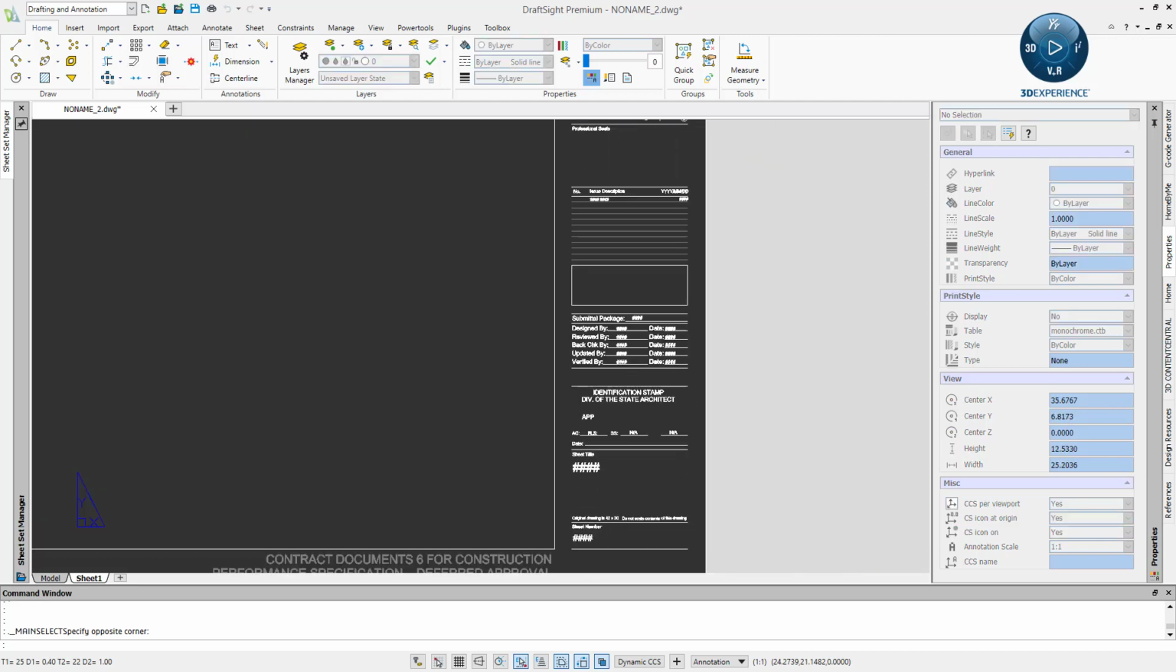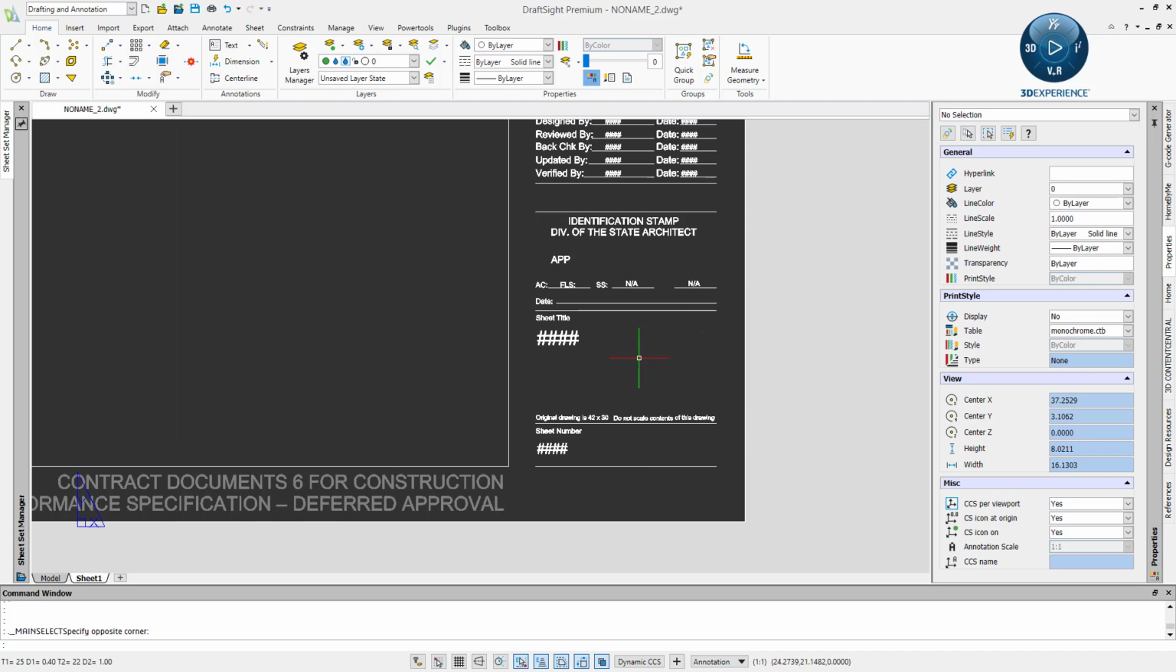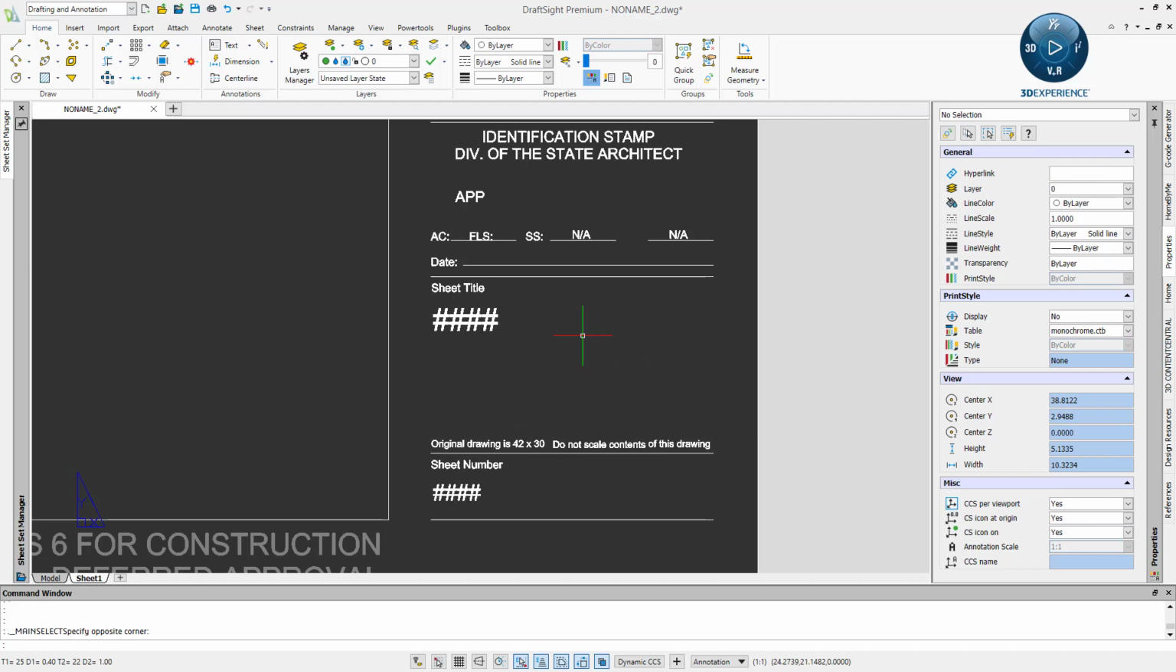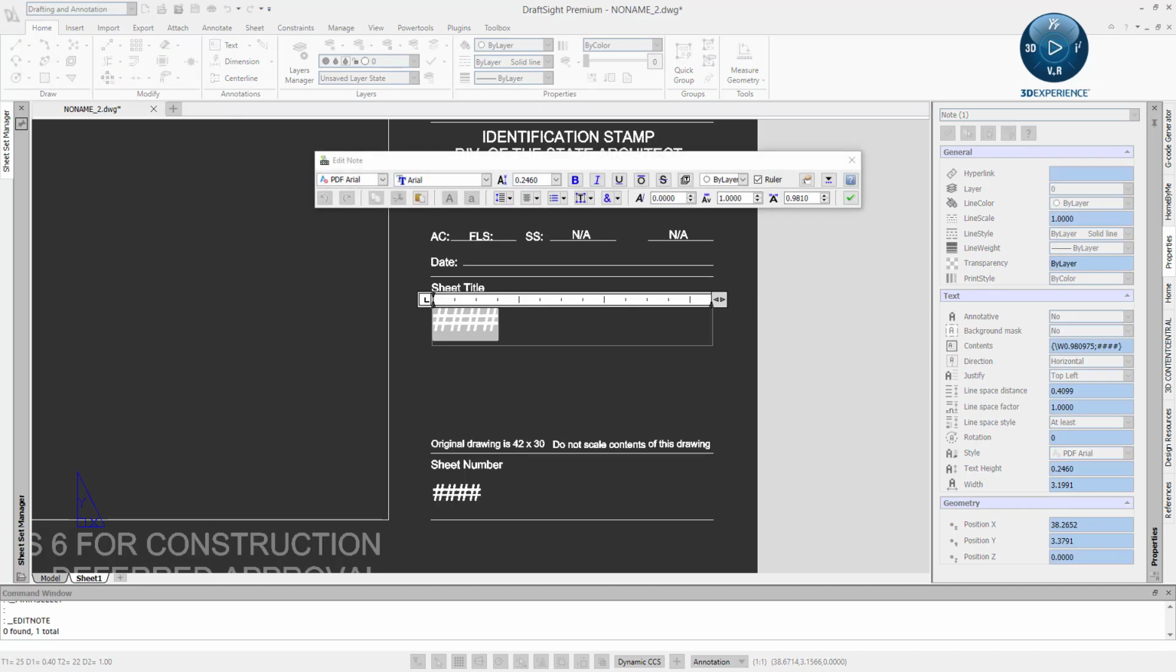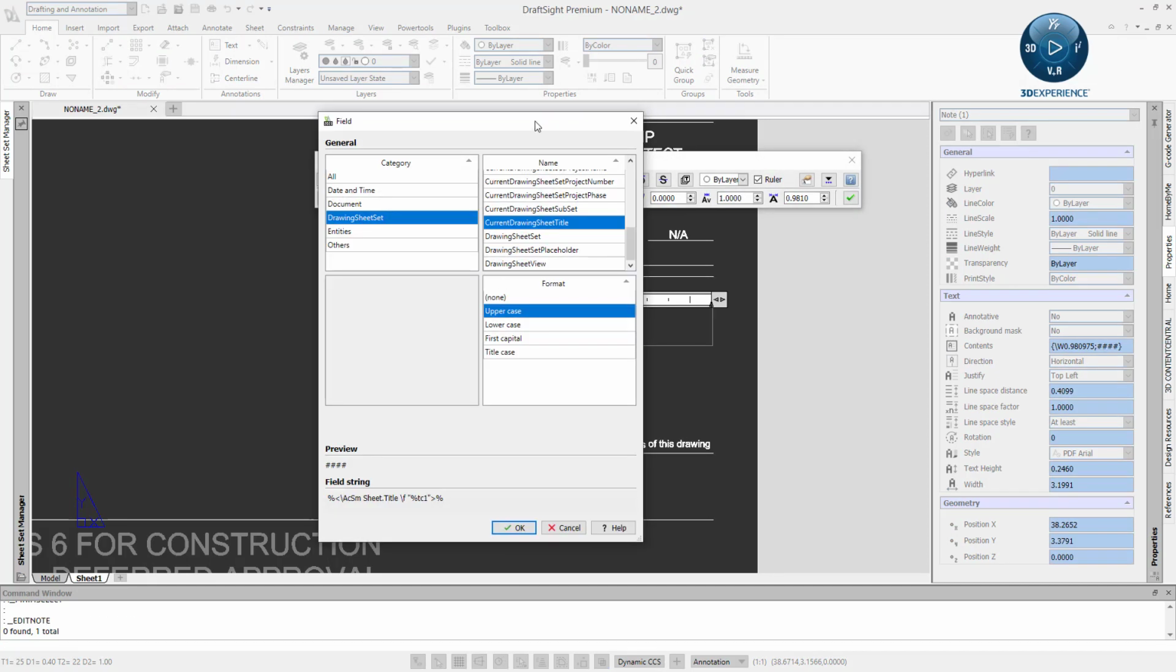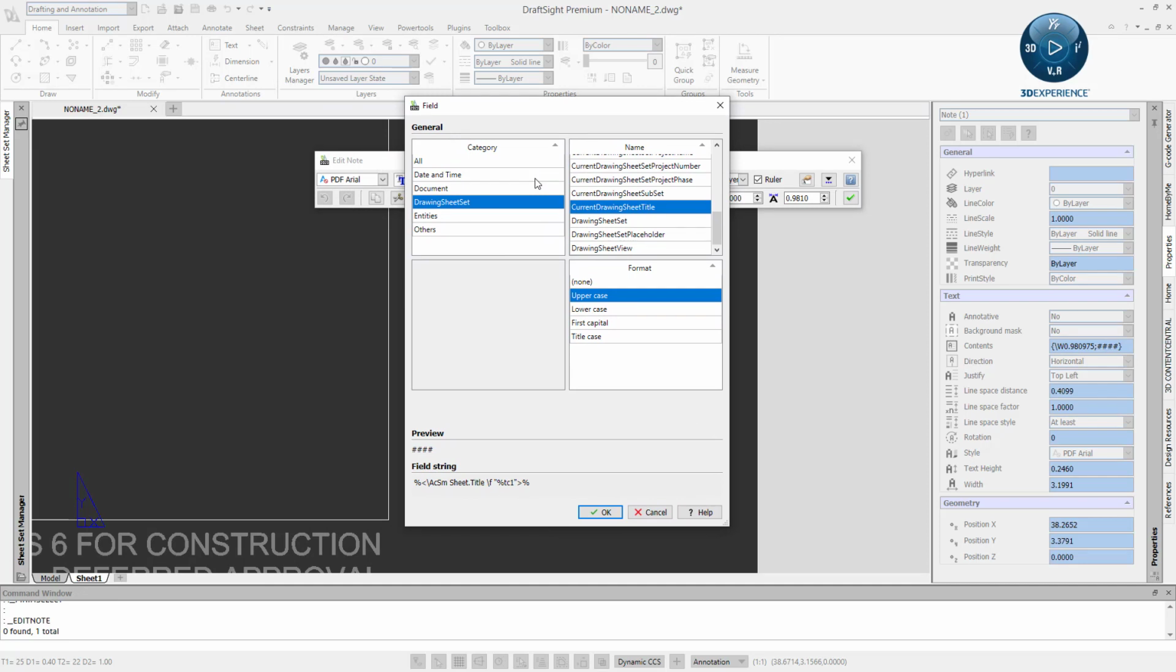So for this example, let's say we want our sheet title within our title block and sheet numbers to automatically pull basically from the file name. So there already is a field entered here. If I double click on it, I can open up and see that the category for this particular field is drawing sheet set, and the name is the current drawing sheet title. You can see that there's a lot of data and information that lives in this drawing sheet set, but right now what we're going to do is set it up so that it pulls the current drawing sheet